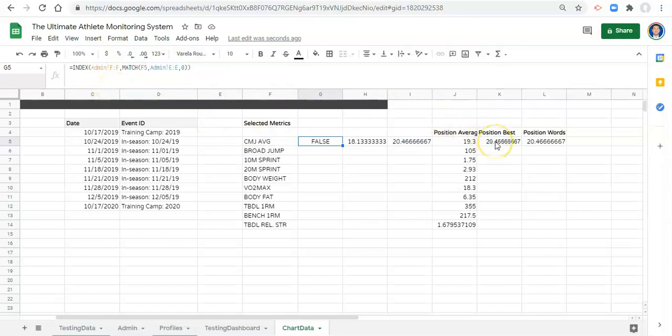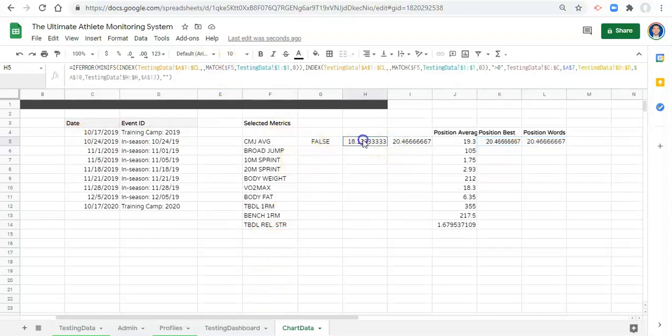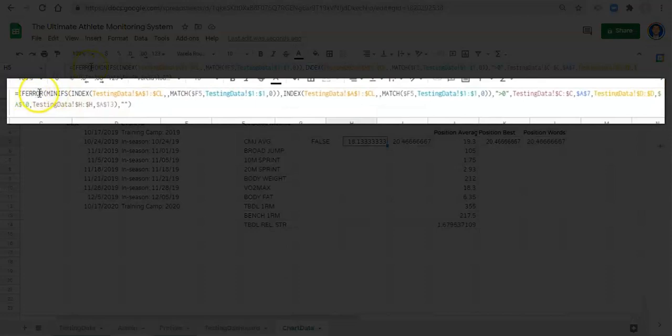So let's go back into this formula that we have to find out the best and replace G5 with that index and click enter. Nothing has changed. Instead of referring to this cell, we're now using the formula inside of it. Now, if that's true, we want to get H5, which is the minimum value for the criteria that we set out. Instead of referring to H5, what we can do is go into this formula, everything except for the if error, copy it all,